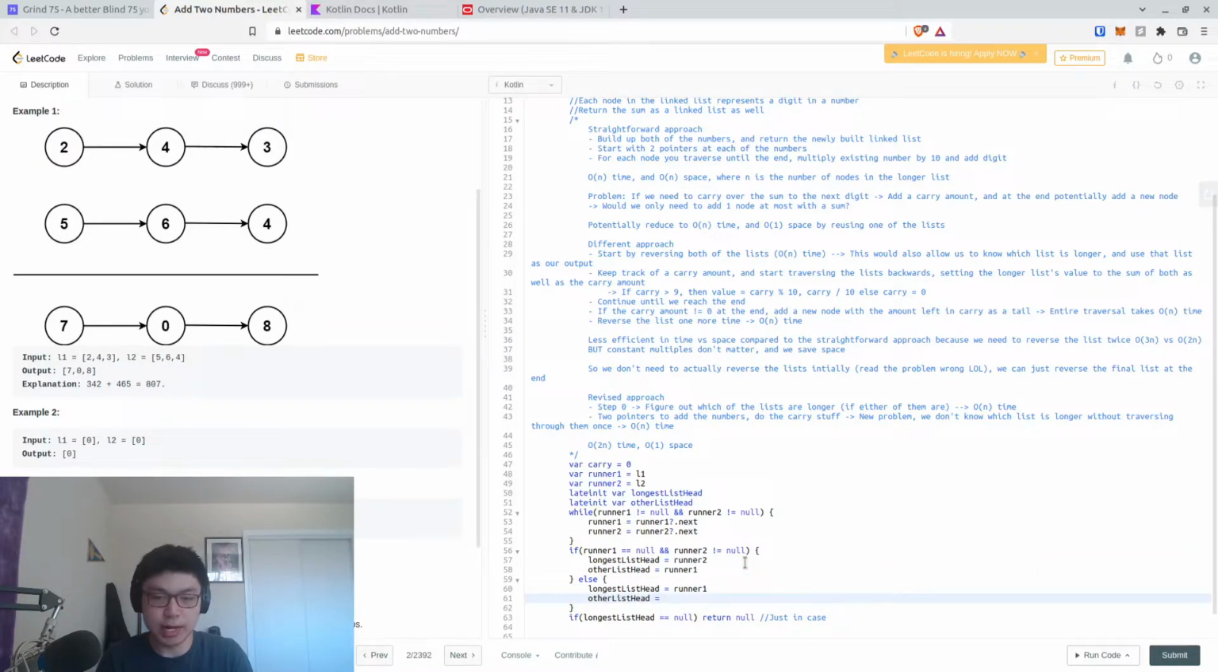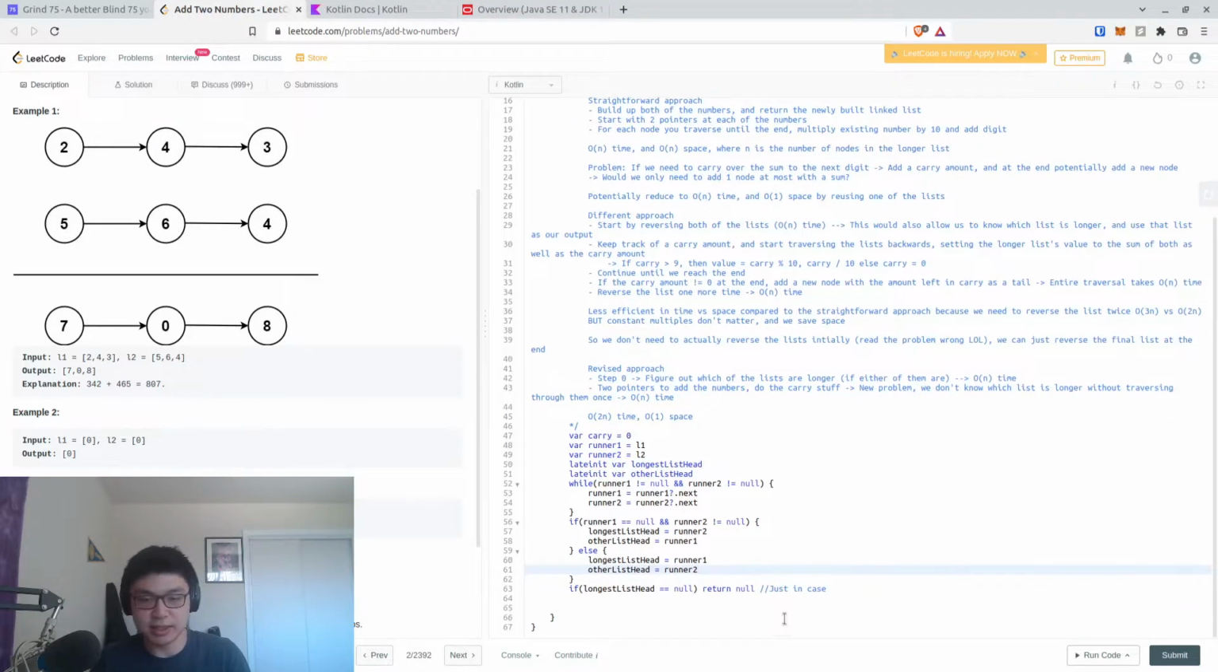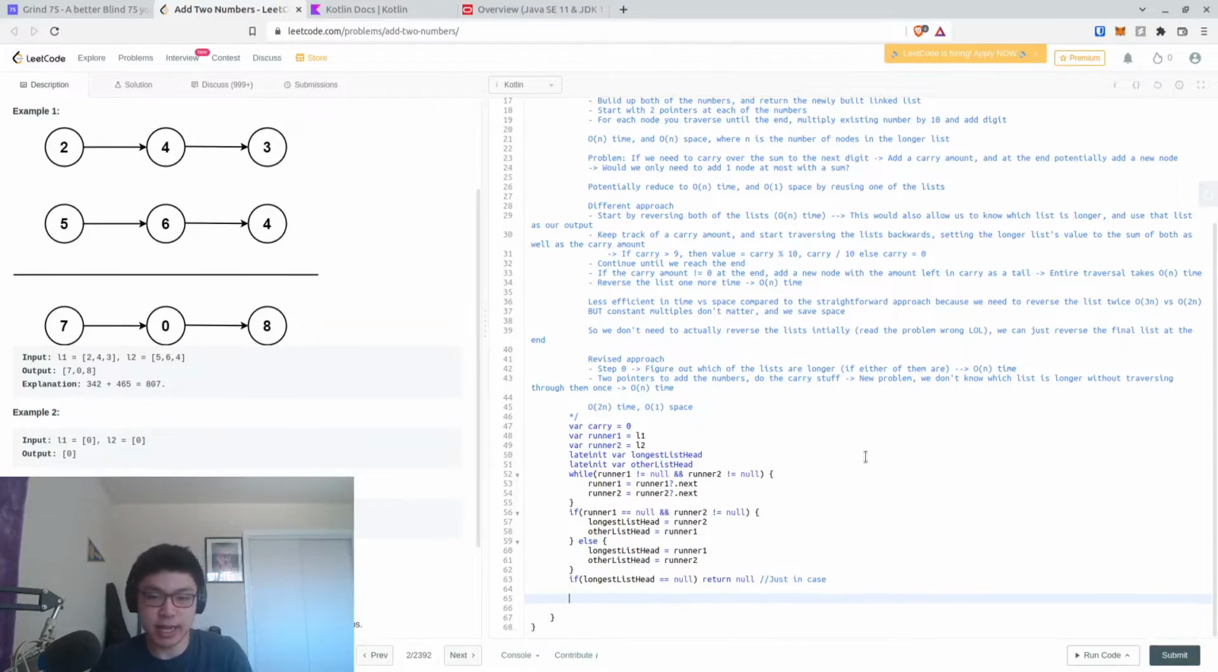And the reason why we need this is just so we know which head is which. So now we can say while longest list head is not null,